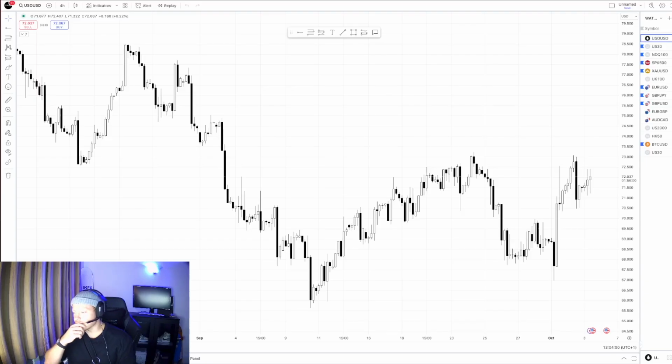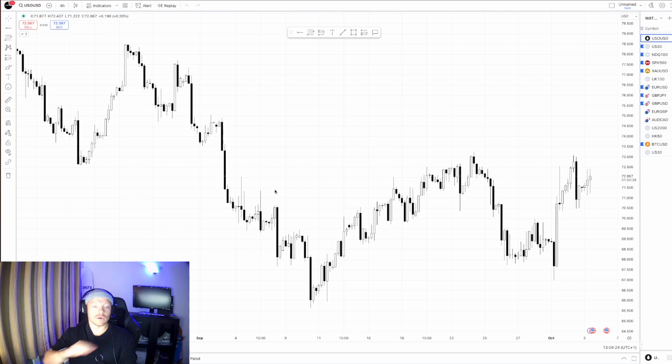Right, jumping onto the charts. We're on oil, we're on the 4-hour chart. Now this is going to give you an idea of how I've been trading since I haven't been recording, and basically we're going to be using support and resistance lines to find areas of clean traffic for oil to move through. Now if you've traded oil before, you may have noticed that oil is very respecting of levels, and it